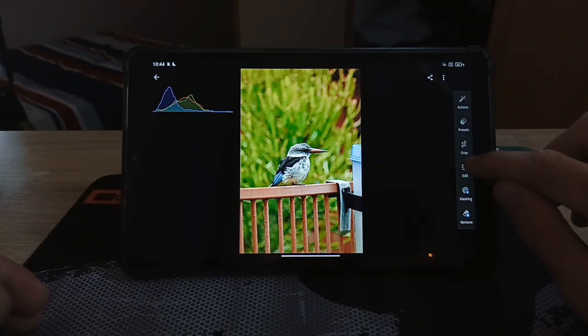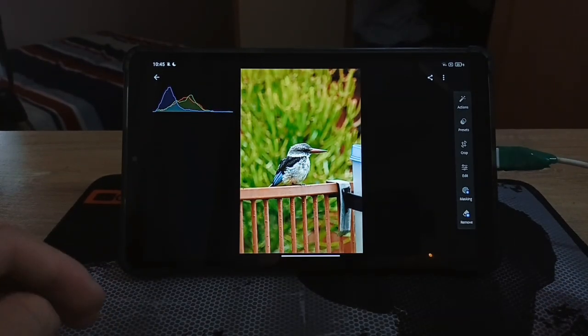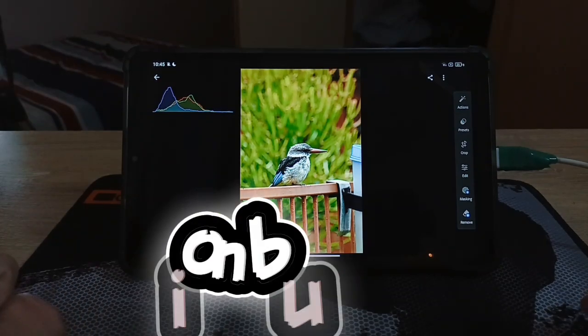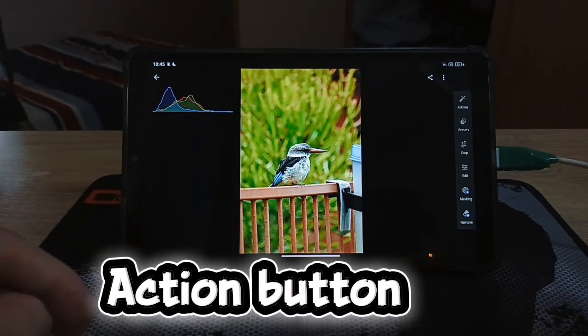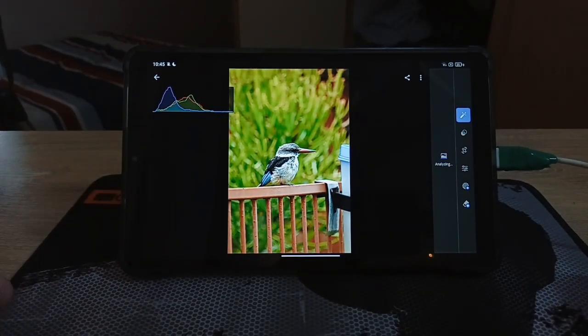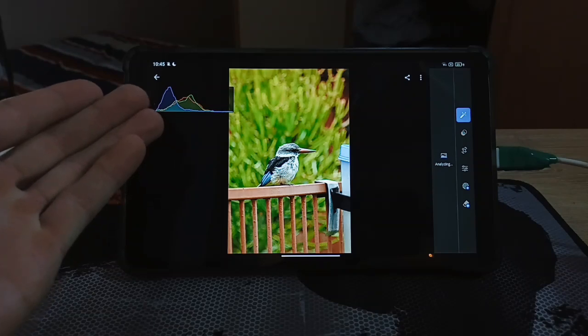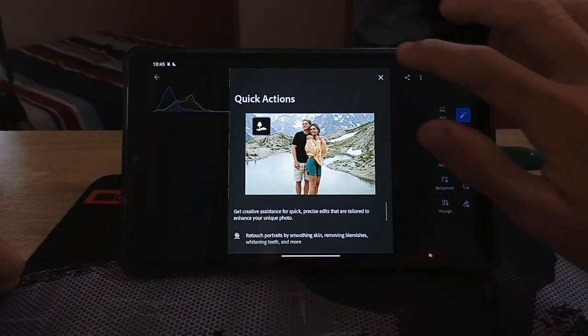So first, on the right side of your screen there would be a panel, and there are also smaller panels with icons you can click on. So first is action, that is like an AI version that would edit the photo. So if I press on that, you can see it's analyzing the photo, and any minute it's going to be edited. On the top left, you also have a graph that shows you all the colors,